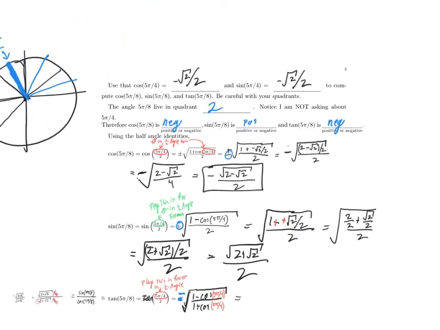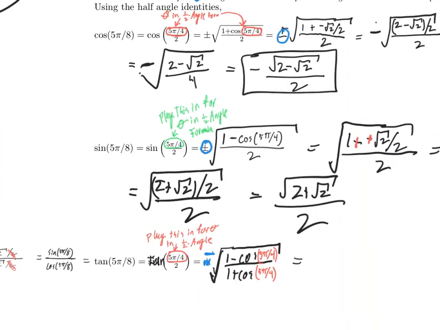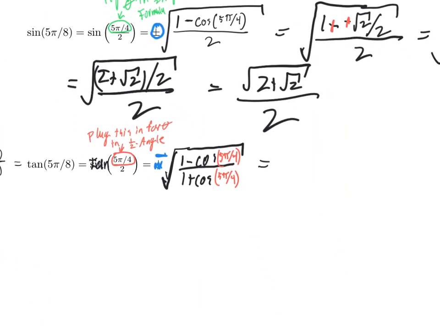Well, remember, it's negative square root of 2 over 2. So let's do that. So negative, because of this negative sign, big square root, 1 minus cosine of 5 pi over 4, which is negative the square root of 2 over 2, divided by 1 plus negative the square root of 2 over 2,